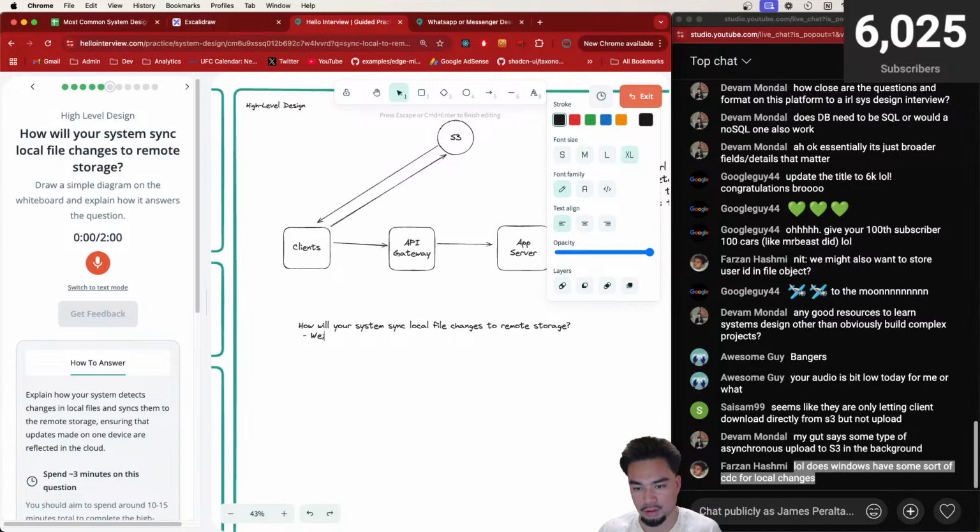We'll need some client side logic to look out for file changes in the directories that Dropbox owns. I think we'll periodically send these files, and what we can even do is,